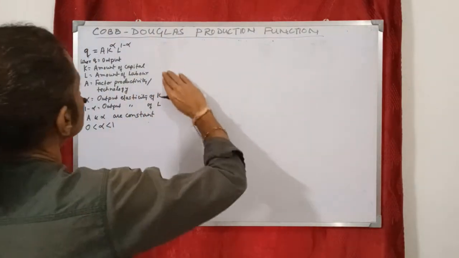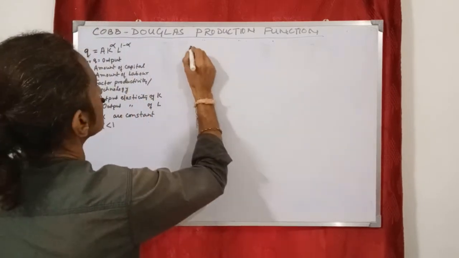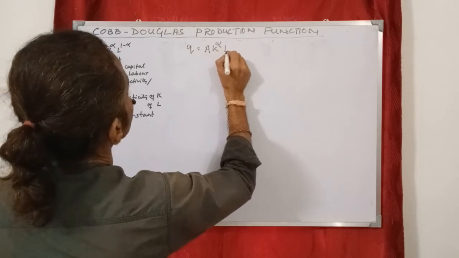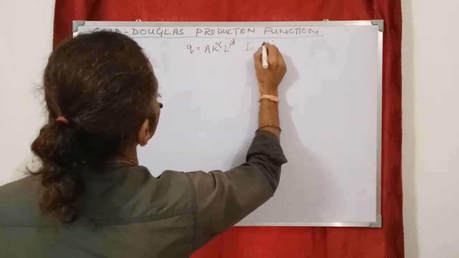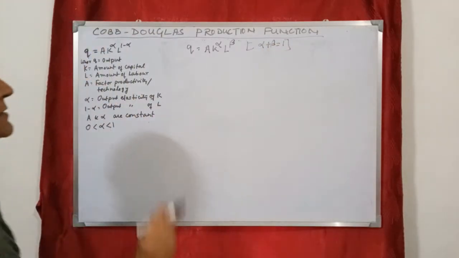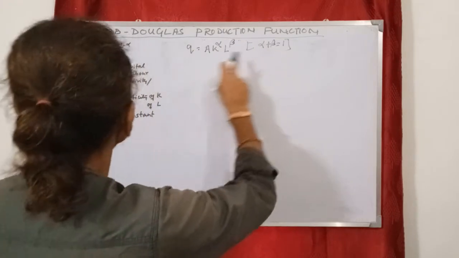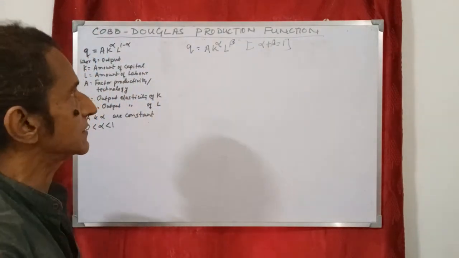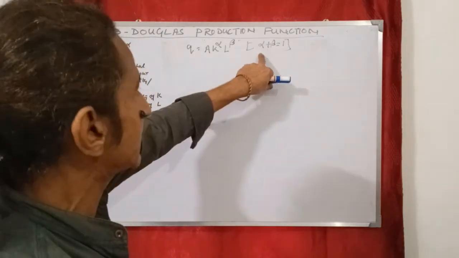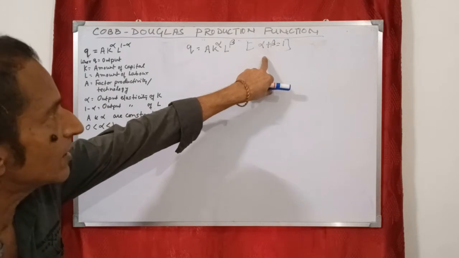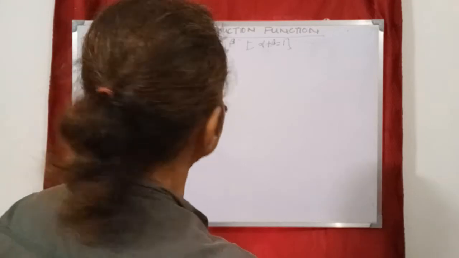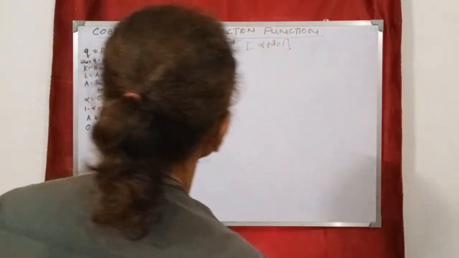Suppose we write the Cobb-Douglas function as Q equals A K to the power alpha L to the power beta, where alpha plus beta equals 1. That is, alpha plus beta equals 1 is happening in the Cobb-Douglas production function. Now what will happen if alpha plus beta is greater than 1 or alpha plus beta is less than 1? Let us see what happens. First, if alpha plus beta is greater than 1,